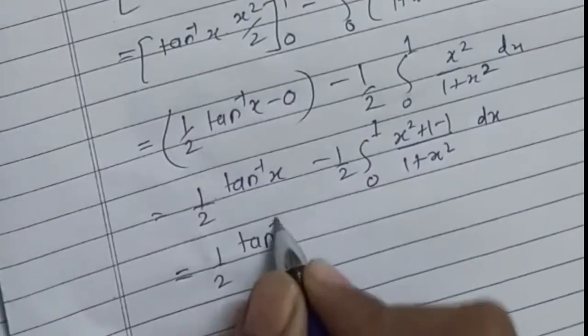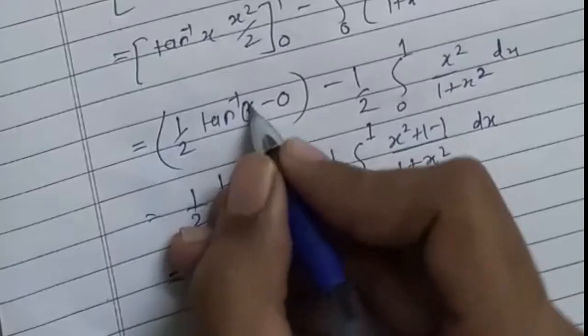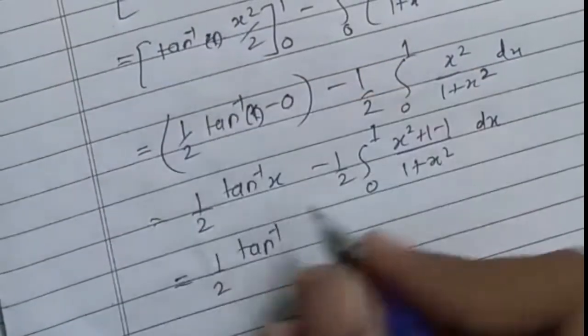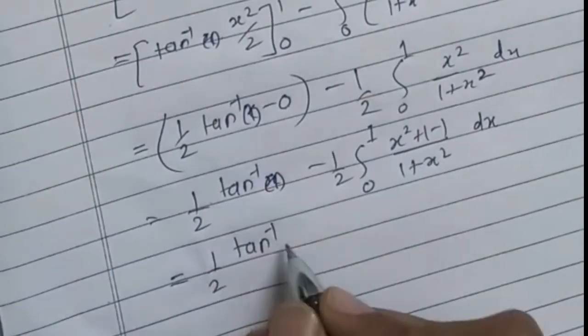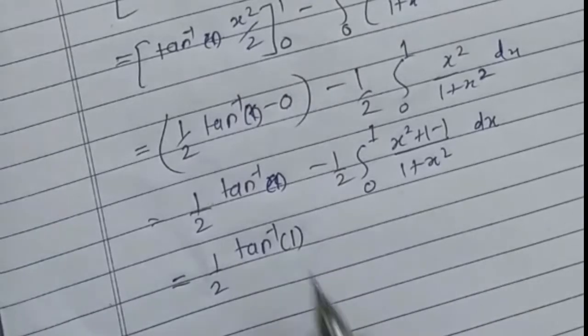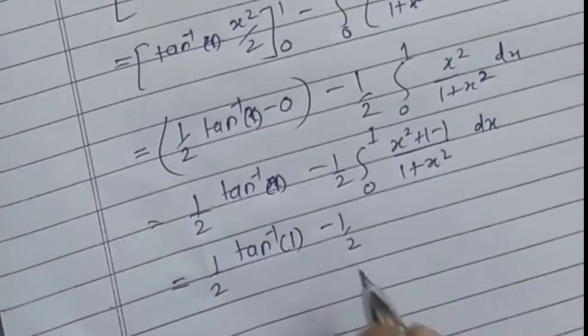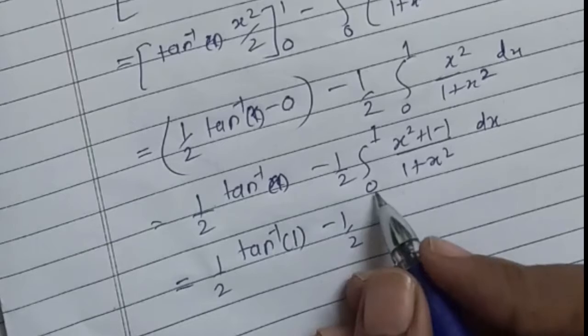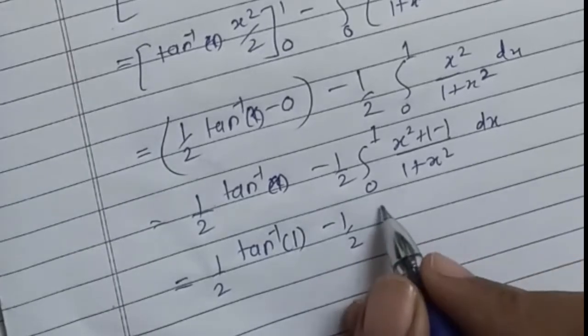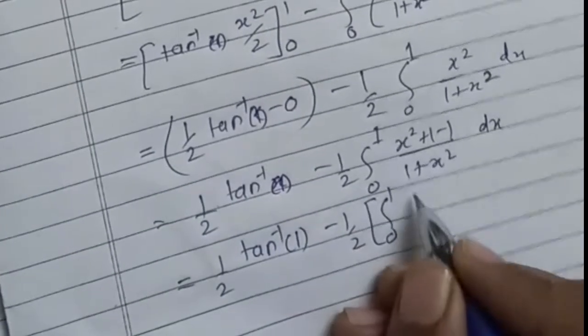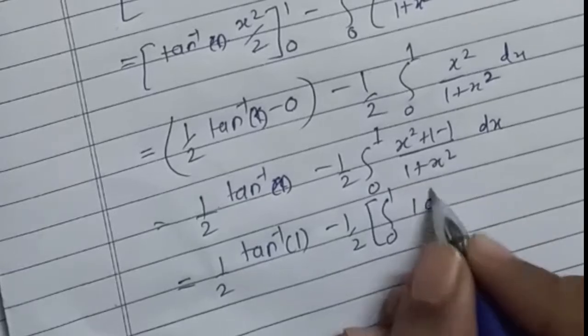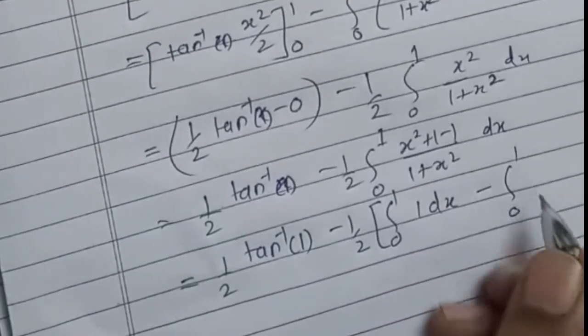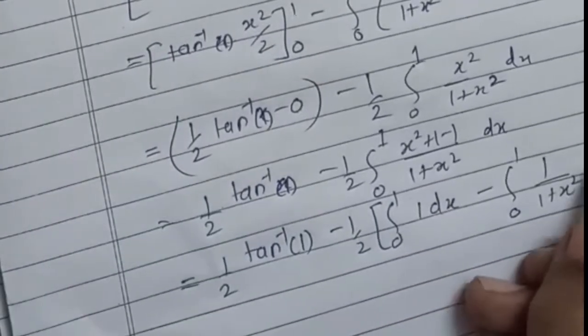answer as tan inverse, sorry, here 1 remains, I think so, in a hurry. Here tan inverse 1 is there. Okay, so minus 1 half, so it is integration 0 to 1 of x, that is 1 into dx, minus integration of 0 to 1 of 1 divided by 1 plus x square into dx,